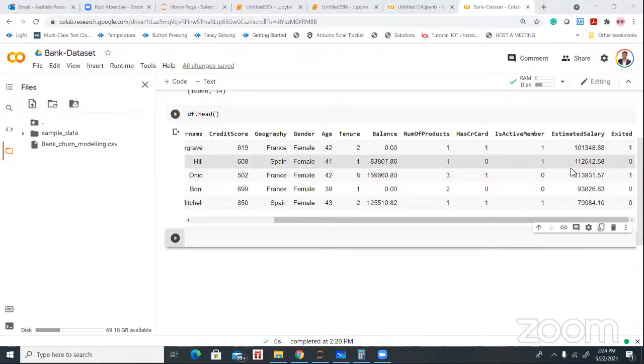Again, estimated salary. So we have information of estimated salary of all customers. Then again, the last variable contains information in the form of 1 and 0 format. 1 represents that the customer left the bank or closed their account. 0 represents that the customer